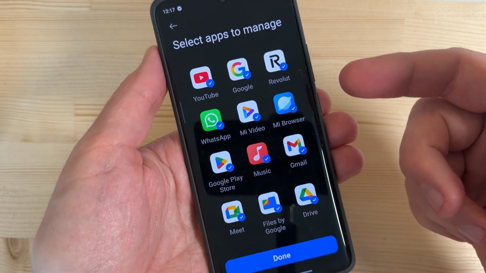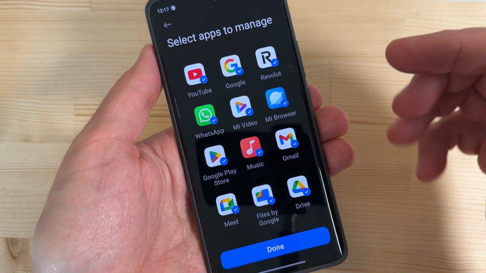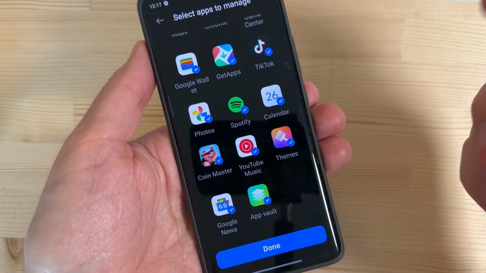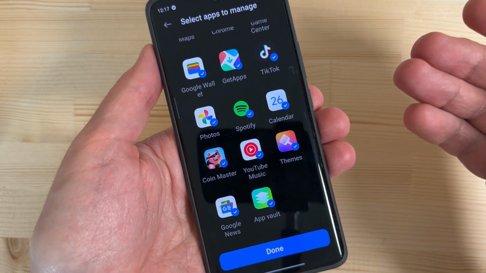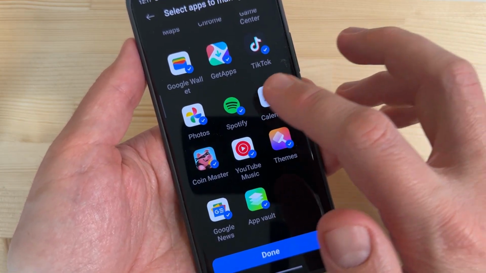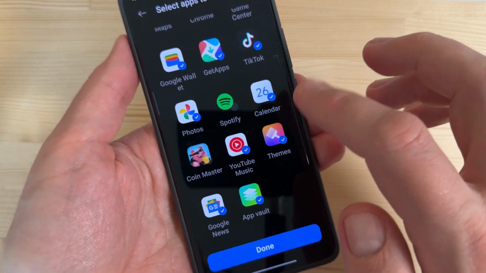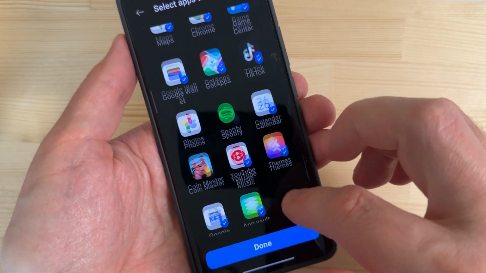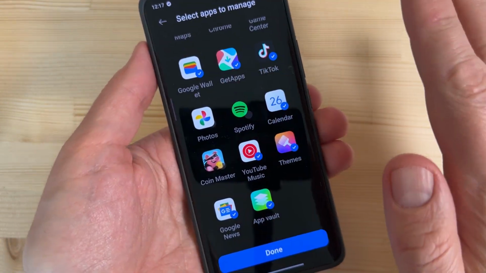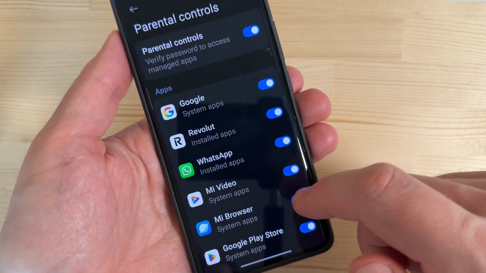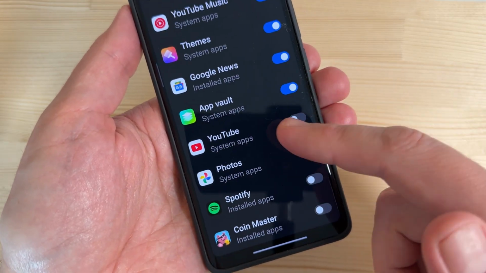And from here you need to select the apps that you want to protect. All are checked, so I will uncheck only the apps which are allowed for the kids. For example, I will uncheck Spotify, this game, and I don't know, let's see, photos and YouTube. So the other apps are protected, tap done, and here are the apps protected for the kid, and these apps